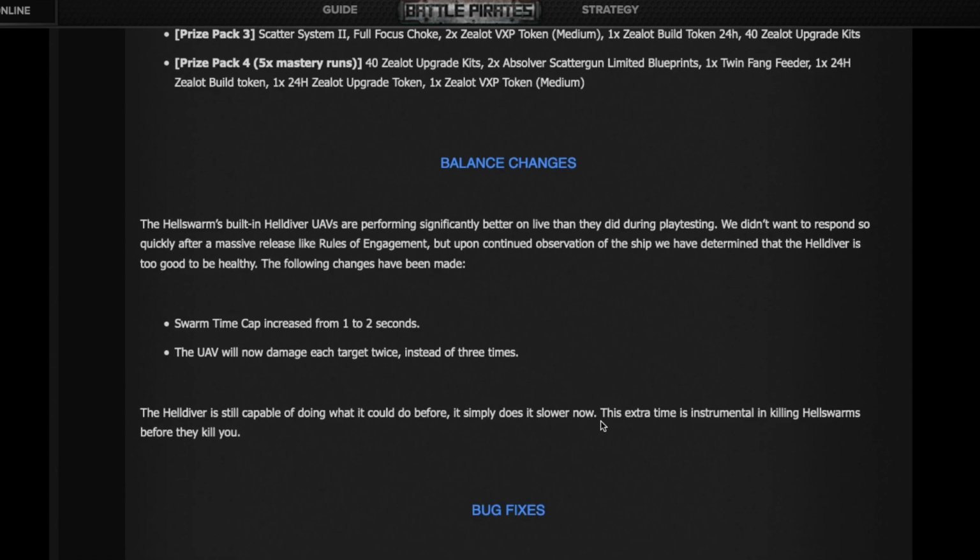One key change this update: people have been complaining about the built-in UAV on the Hellswarm being too powerful. And I agree, it was. So now it's being nerfed. I don't know how big a difference it's going to be, but it seems significant. And here's how it was. Based on what's written here, I'm not going to read word by word, but